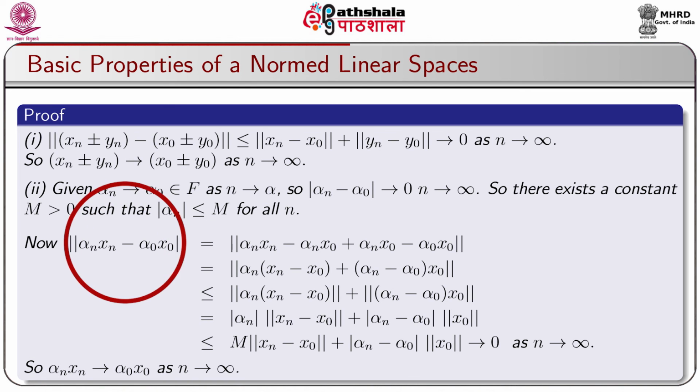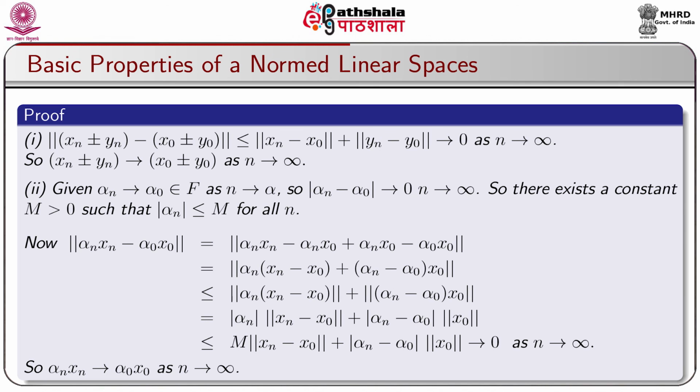Now, norm of alpha n xn minus alpha naught x naught is equal to norm of alpha n xn minus alpha n x naught plus alpha n x naught minus alpha naught x naught, by suitable adjustment of alpha n x naught, which is equal to norm of alpha n into xn minus x naught plus alpha n minus alpha naught into x naught, which is always less than or equal to norm of alpha n into xn minus x naught plus norm of alpha n minus alpha naught into x naught, by the triangle inequality, norm axiom N3,